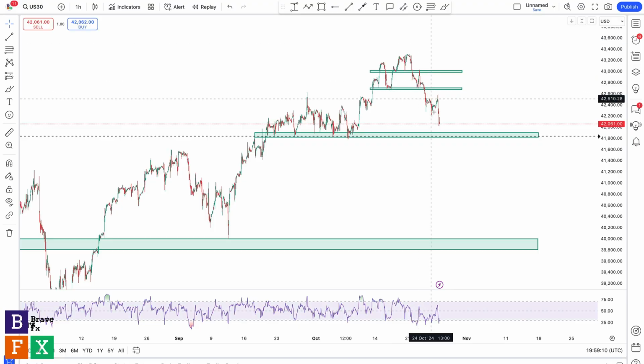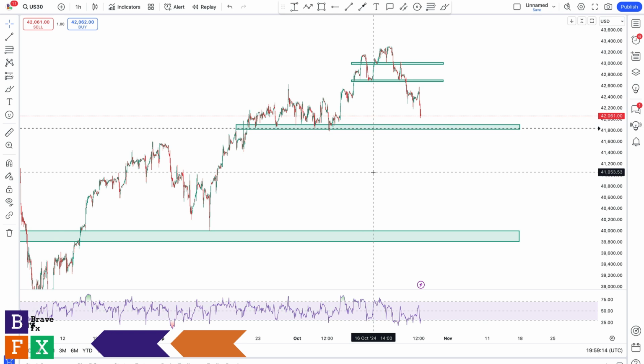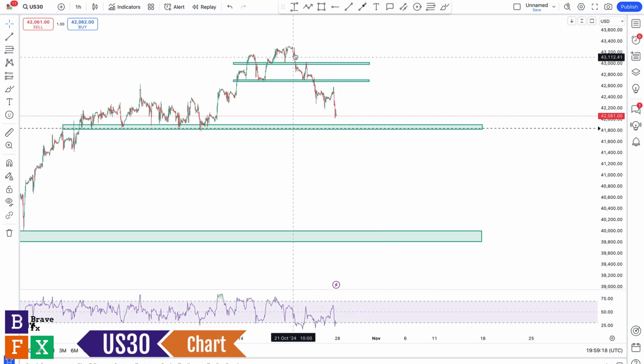Moving on, we'll be talking about US30. So US30, similar to what we have on NASDAQ, similar price structure, price levels. You can see what happened over here. Price came down out of this level. We took a good breakout. It came here, got a confirmation of a bullish move. We went up, came back down,